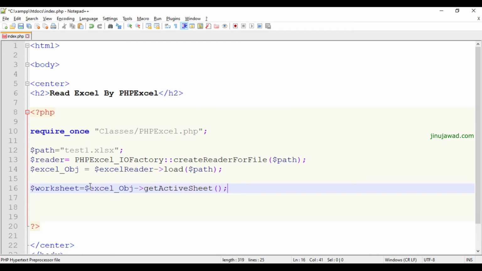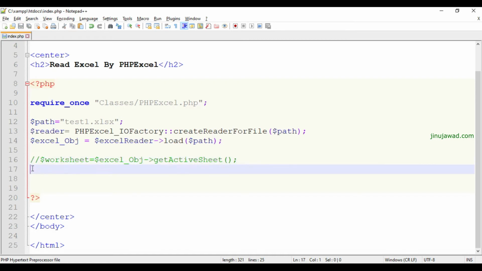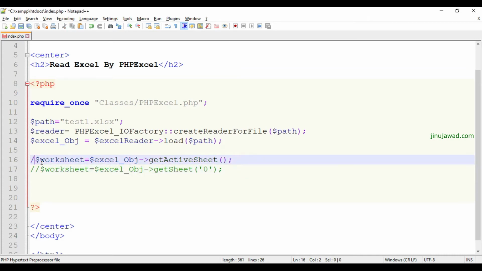By this method it will get the last active sheet of the Excel, or you can get the sheet by its exact index using the method getSheet, and to get the first sheet, start from 0. By this line of code it will get the first sheet, and by this line of code it will get the last sheet.